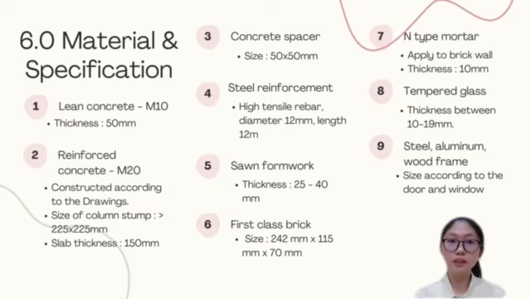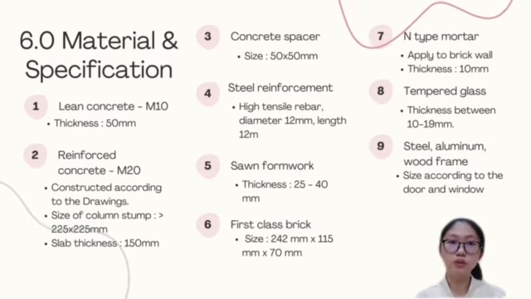In material and specification, there are around 16 materials applied in this project. For example, the lean concrete is grade M10, thickness 50 mm, while the reinforced concrete is grade M20. Besides, the size of the concrete spacer is 50 x 50 mm, which is in a square shape, and the